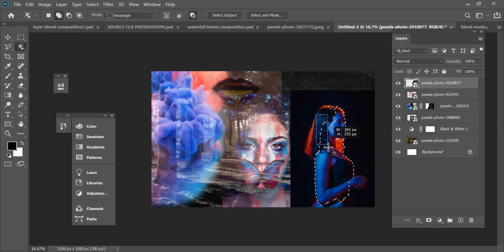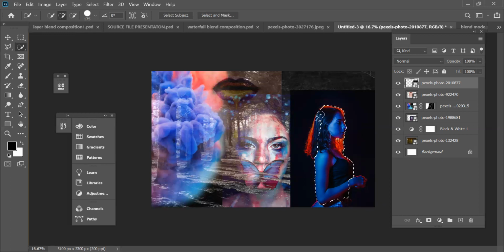Yes, and I'll select this area also. Just keep adding to my selection. Yeah, and that's it. You just have to use the layer masking.